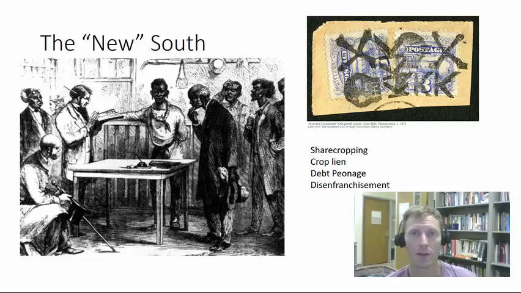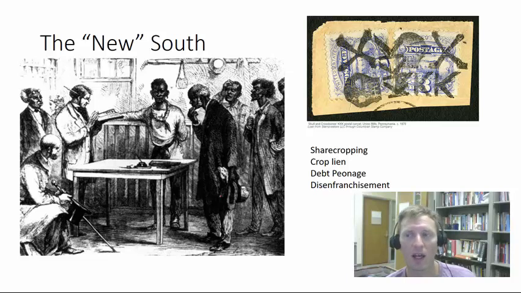Well, this is a nice little economic system, but if you don't have any startup money to begin with, and most African Americans do not, you don't have any money to buy supplies. You don't have any money to buy seeds. You don't have any money to buy the stuff you need. So you go to the local market and you say, hey, can I get some axes, some shovels, some wagons, and things like that? And the market owner, who might also be the owner of your land, will say, sure. You can pay me with some of your crop. That's called a lien on the crop.